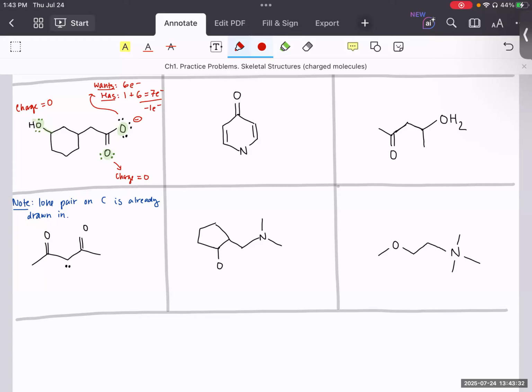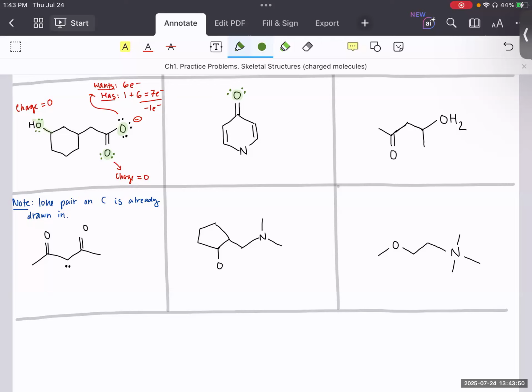All right, let's move on to this middle one. So here, let's start off with this oxygen. Similar to the previous question, we can see that that oxygen already has 2 bonds, so we just add in those 2 lone pairs. And as before, an oxygen is happy when it has two bonds and two lone pairs, so there's no charge